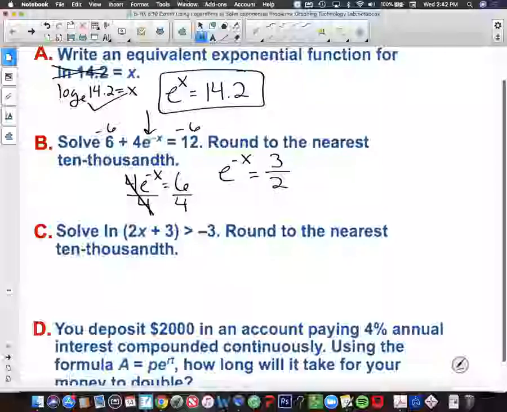Okay, next thing that we could do here, you can switch this from an exponential to a logarithm, and that would help you out. But the stuff that we did yesterday, which I said I prefer more often, which we're going to be doing today, is you want to natural log both sides. Okay? Because when you natural log an e, when you natural log Euler's number, that cancels it out. That goes away. And we're left with just that exponent, so negative x equals natural log of 3/2. Which then you're just going to put that in your calculator, multiply it by a -1, and that's your answer. Okay, so that'll give us about